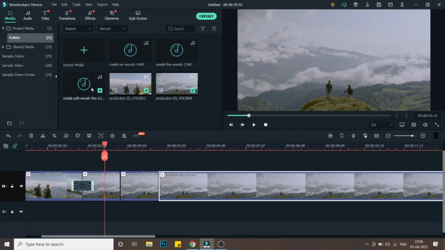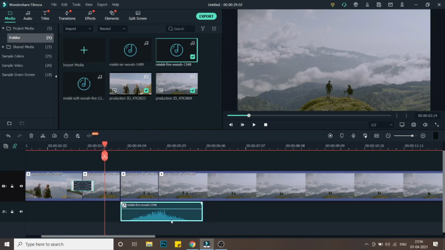I've also added some sound effects. So let me just add some sound effects over here.